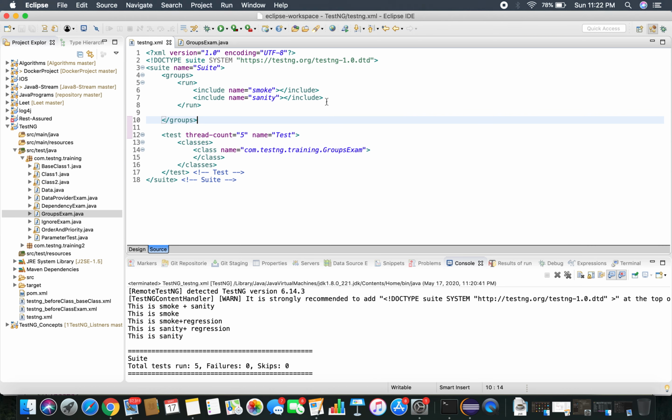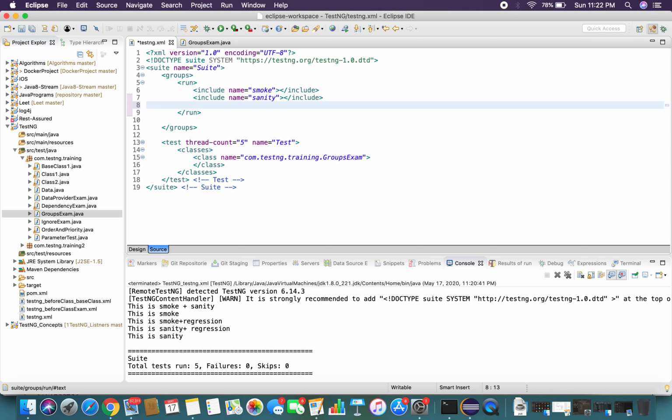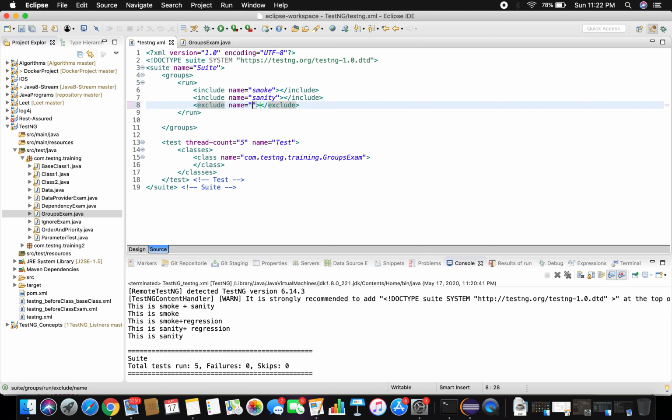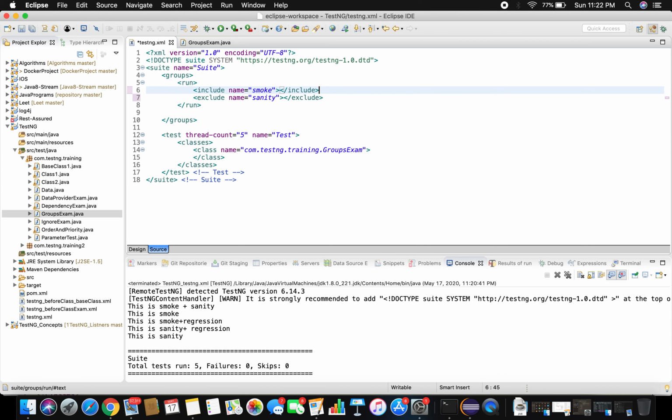Now you have seen that the smoke and sanity, they both are included. Now what is meant by exclude? If you want to exclude, if I provide exclude sanity, let us assume, let me delete this include sanity, and I'm excluding all the sanity cases.